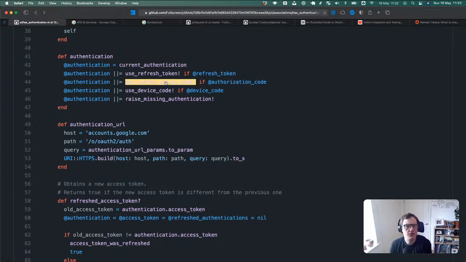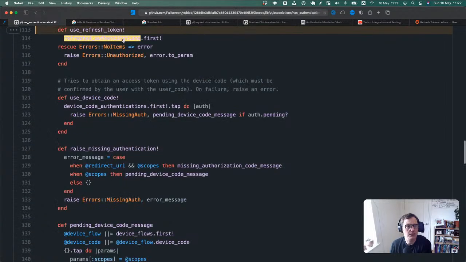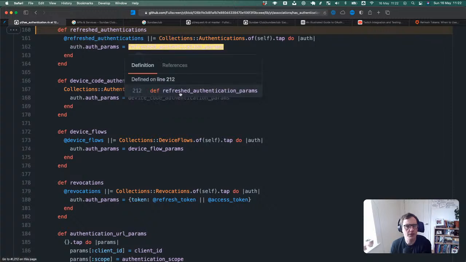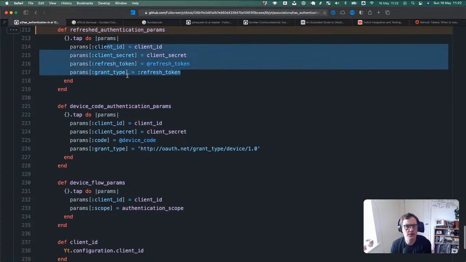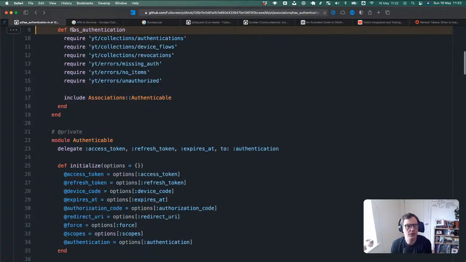So I think it refreshed. So what actually happened when we called that? So that refreshed authentication then just goes to fill that in with the params from this. So all it's doing is getting, and it's refreshing that data because these have been retrieved. Okay, I think that's what's happening. Fine.